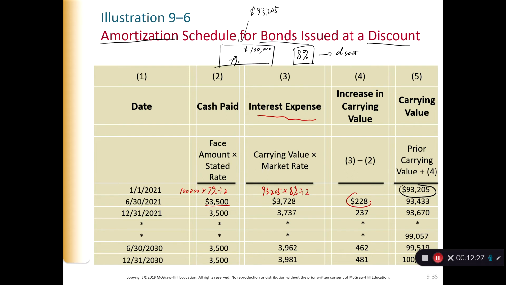And this difference, if we use the third column minus the second column, is going to be added to increase the carrying value. So in other words, this number equals the carrying value of $93,205, adding $228, and then your carrying value is increasing by $228. Similarly, another half year later, which is December 31st, you use your carrying value at the end of June, multiplied by